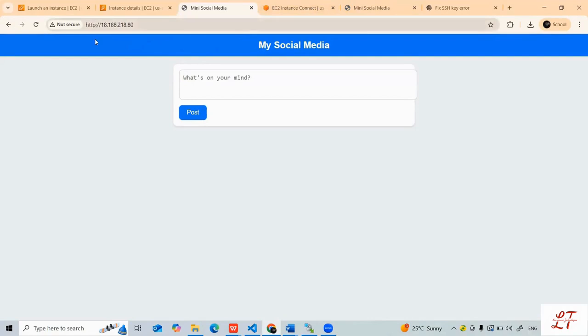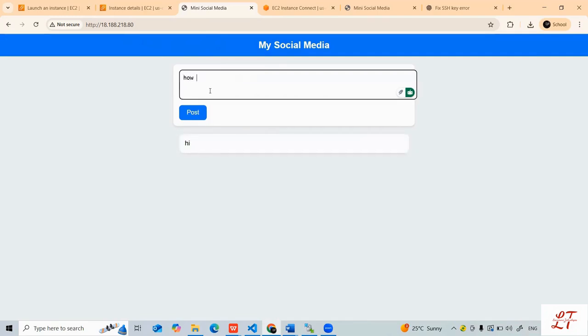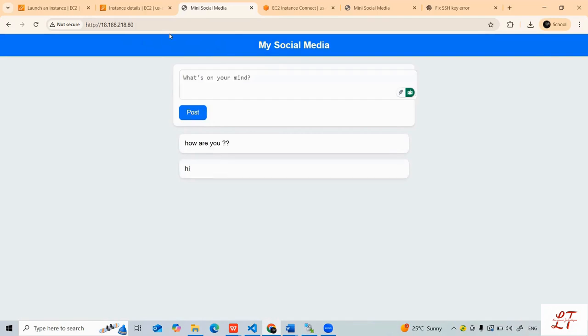The main important thing is that this works only on HTTP, and it doesn't work on HTTPS, because that's the easiest setup, which would allow HTTP only. So this is the website which is running on the EC2 instance. So let's give it a try. Yeah, it is running on EC2 very well. So this is it. Hope you enjoyed watching this video and see you next time.